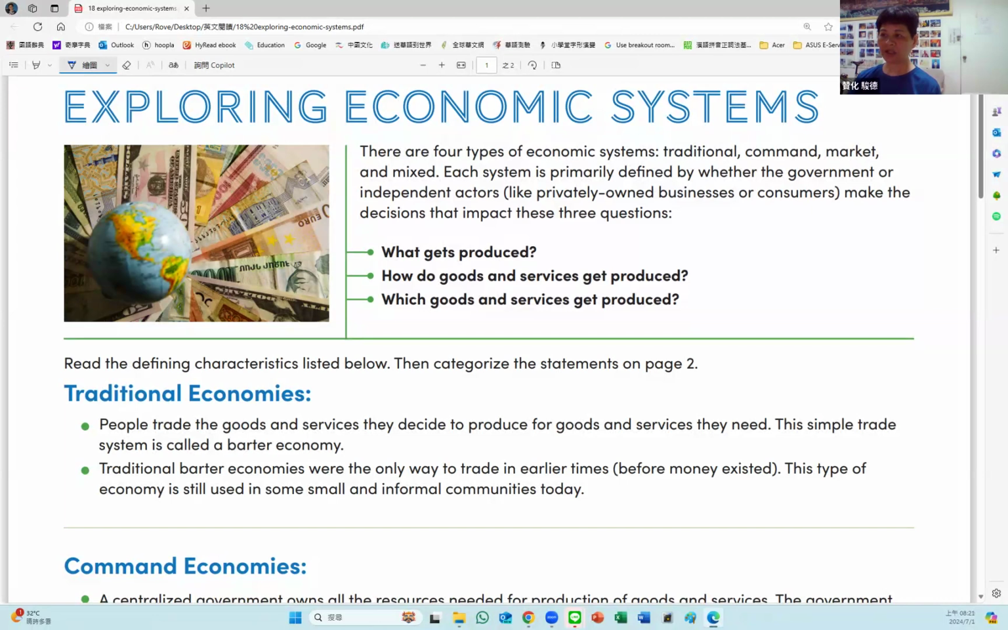So it says here there are four types. Okay, so we'll watch these four types: traditional, command, market, and mixed. Nowadays, it's most likely mixed. All right, and each one is